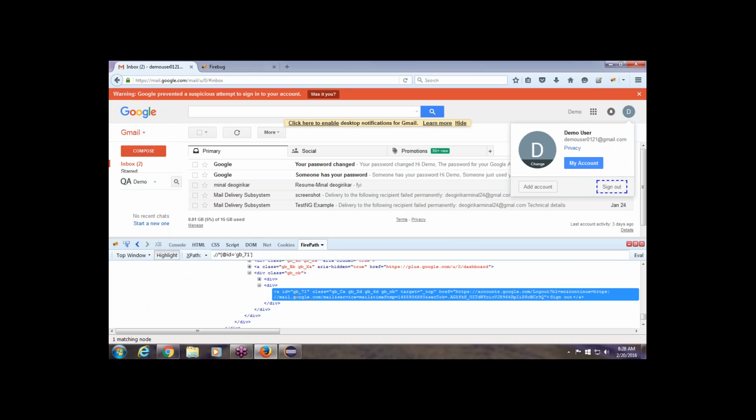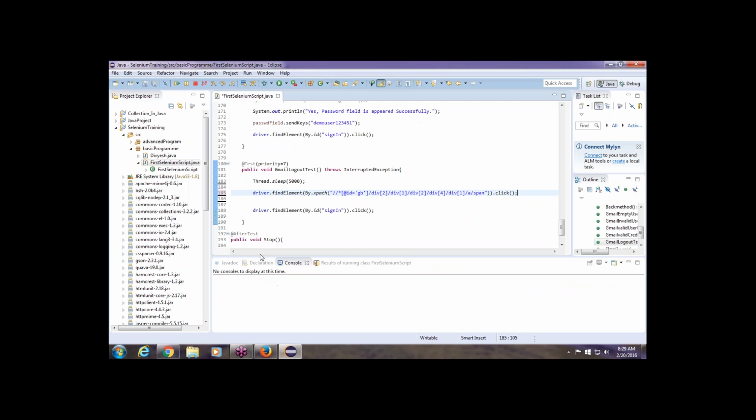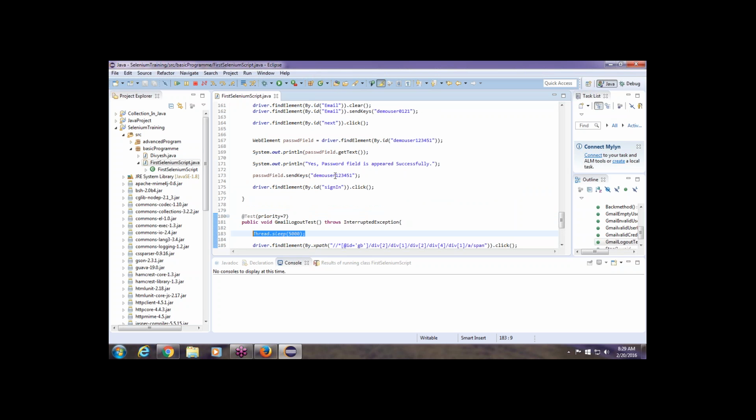For sign out also you can use this xpath, or you can use the id. We are getting an id for this sign out button, gb_71, so you can use the id of this button, or you can use xpath as well. Okay, so here we are using the id as the locator. Then you can see it will work properly, no need to do anything else. It will successfully work. I'm giving a waiting method here because when we sign in, this second line of code